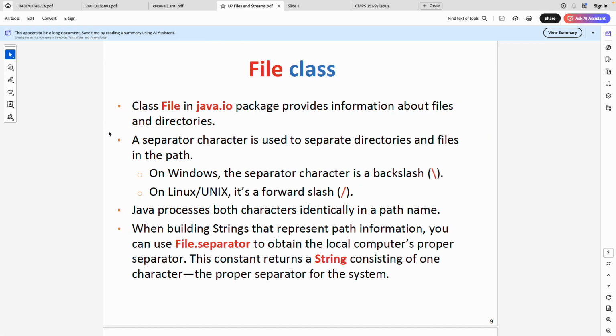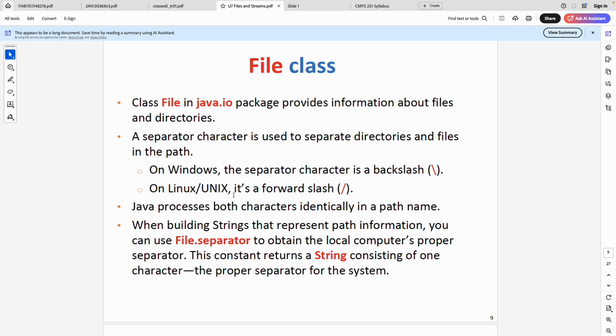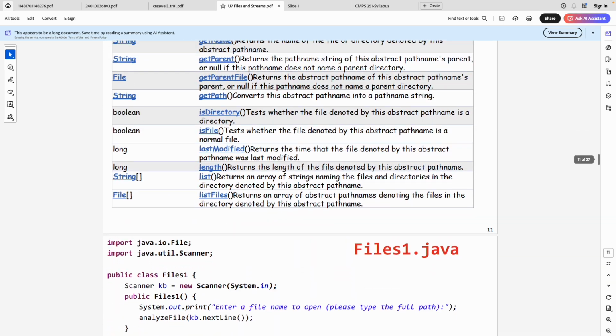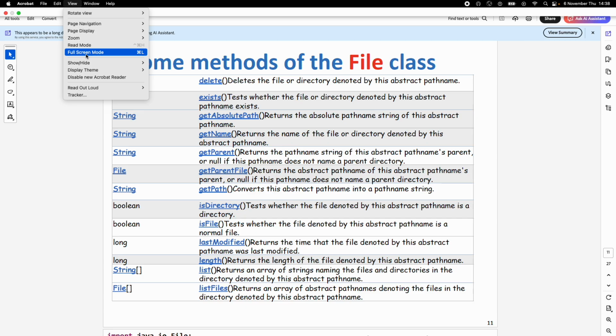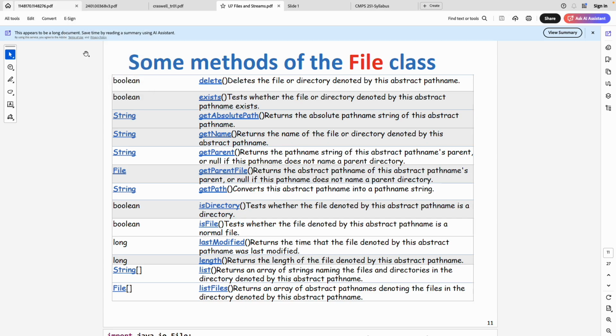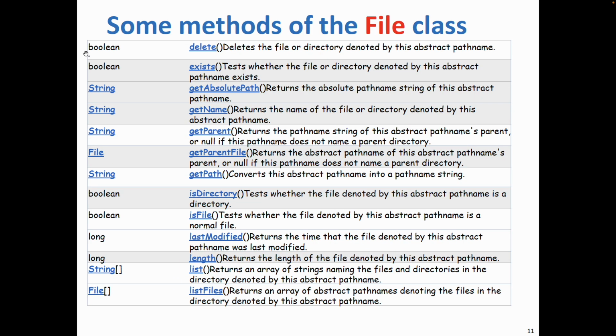File class, this is a very popular class to do file operations on the files in our system. We will see it in this section especially. Let me actually do this in full screen mode. It provides us lots of functions that we can use to access many features of the files